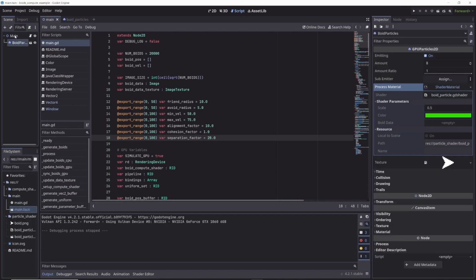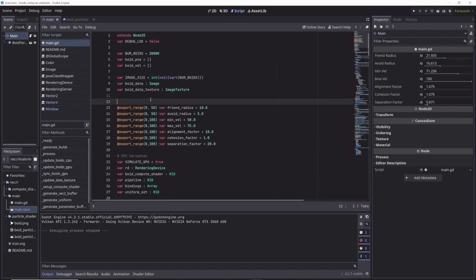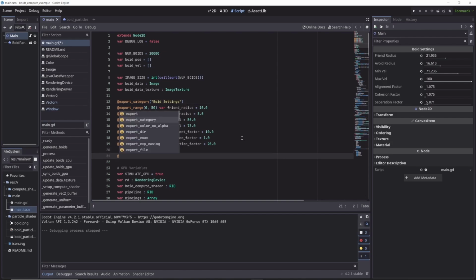There's a cool thing you can do here. Let's click on the main scene to group these. So let's say these are all the void settings. I can do an export category, and I can give this a name. I'll call this void settings. And what you'll see happen over here is now this has a little title for void settings, and then if I want to have another category